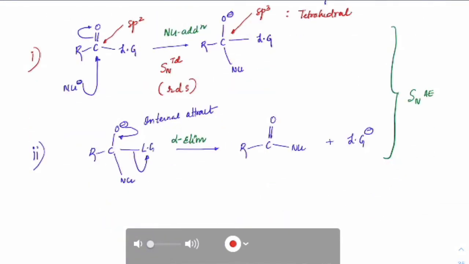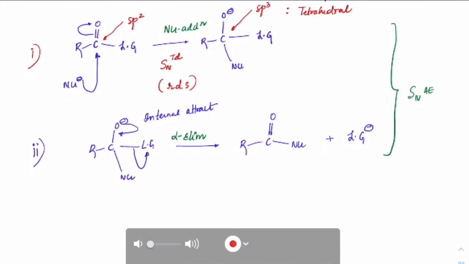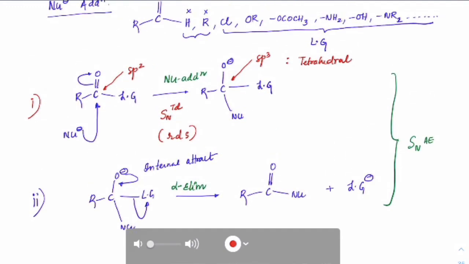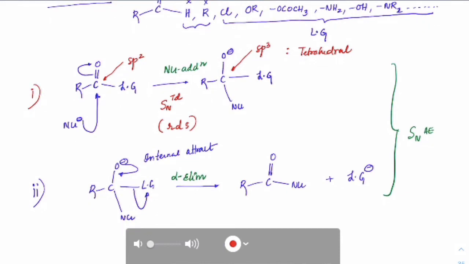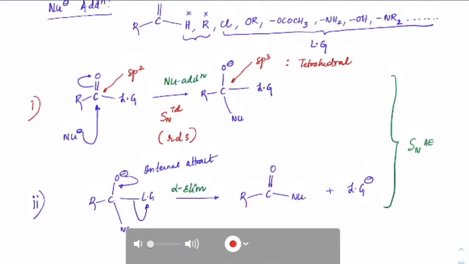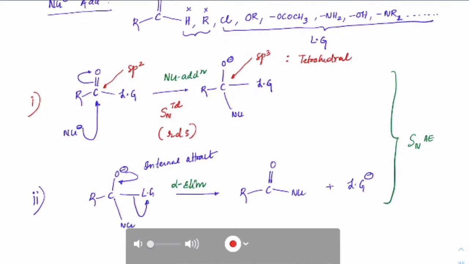Please make a note. OH minus and NH2 minus are strong nucleophiles. But they are not acting here, right? They are on the leaving group side, I'm saying. Why, sir? If you recall the E1CB mechanism, the base catalyzed mechanism, there, what used to happen? The double bond used to close here and OH used to come out. Correct? The reason is the C double bond O bond strength.